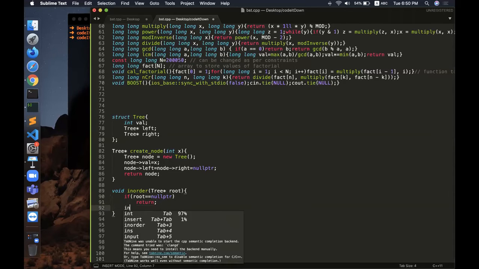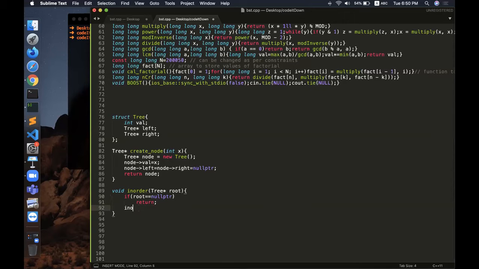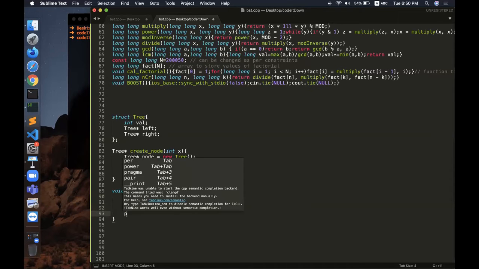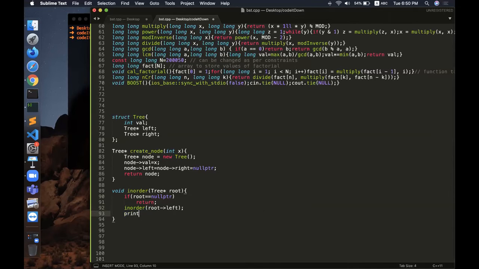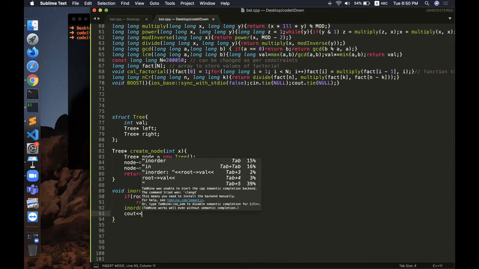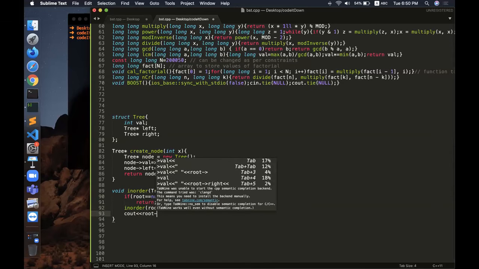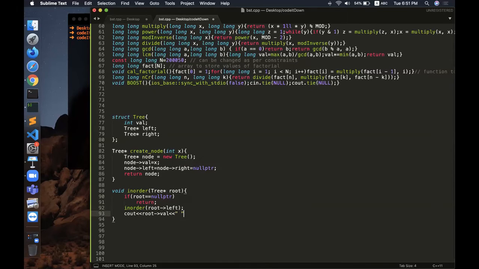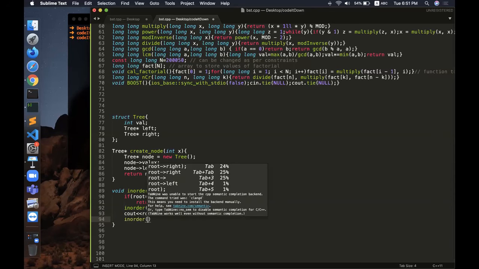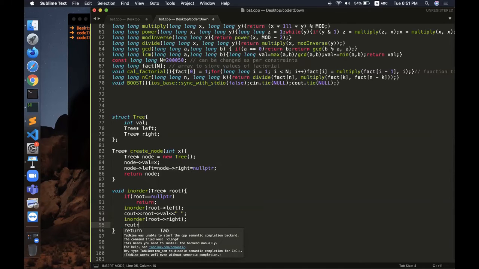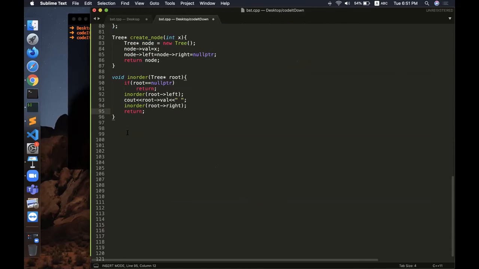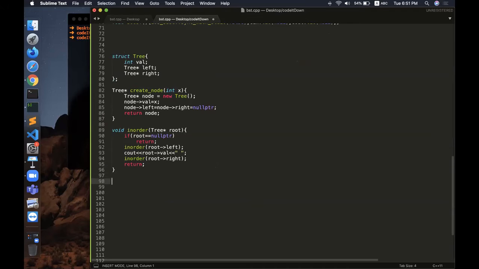Else I'll do the in-order thing: in-order on the left, then print the value which is there in the root, which is basically root val, and then go to the right and then simply return. Now what should I do?